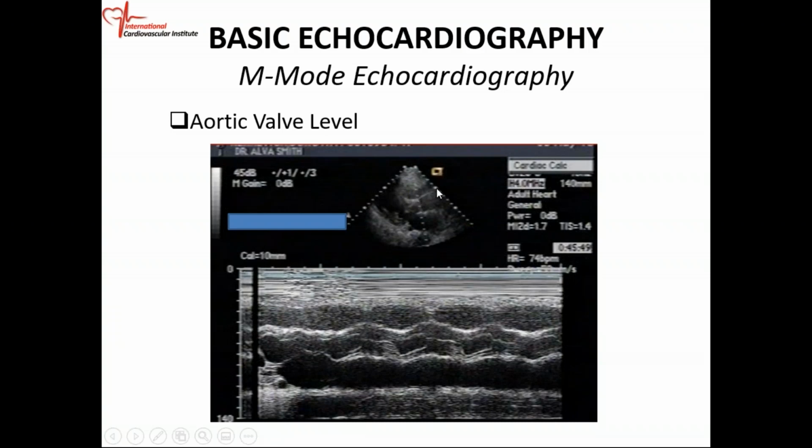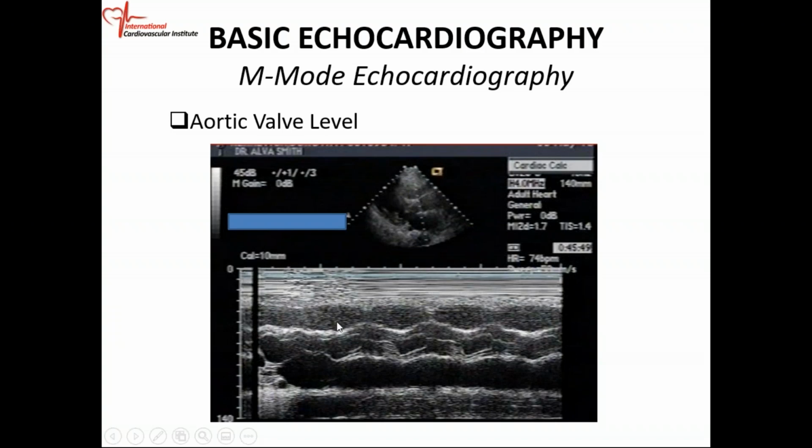Then you're going to get the aorta, the wall of the aorta. So this is one wall of the aorta. It's going to cross the aortic valve and then get to the next wall of the aorta, then it's going to go down into the left atrium. So the structures displayed here are basically the structures that the cursor is looking at. The chest wall, again, is not moving, so it's a straight line. Below the chest wall, you have your pericardium. Below the pericardium, you have the RV wall.